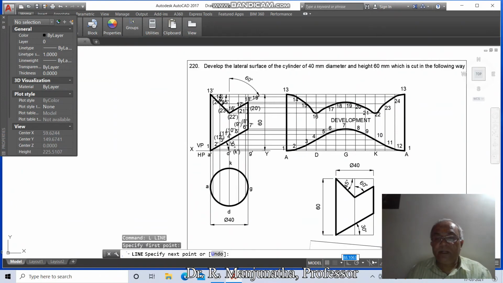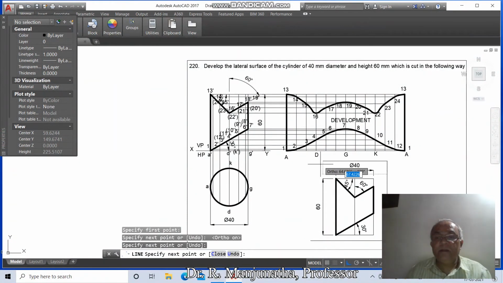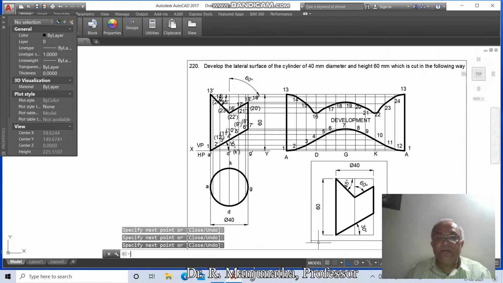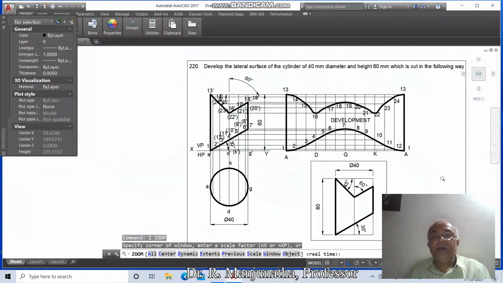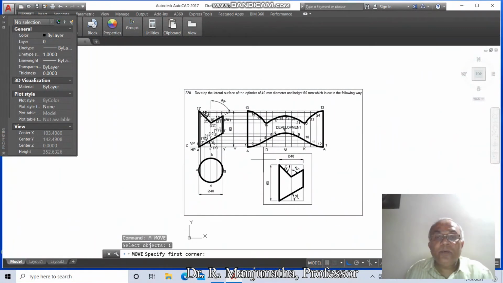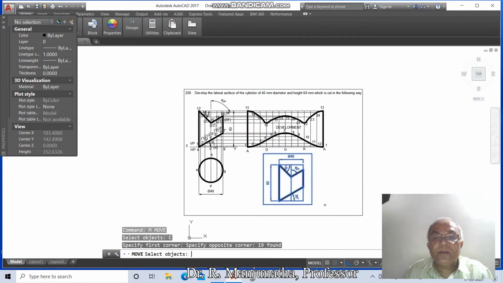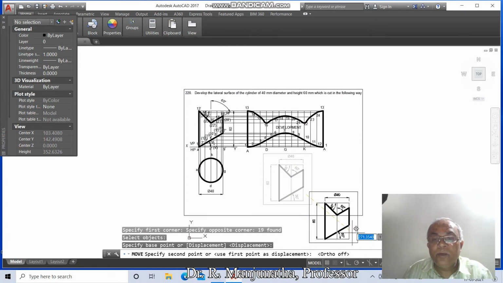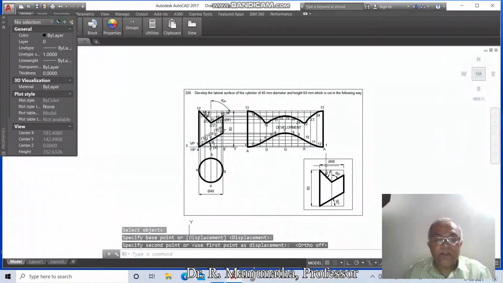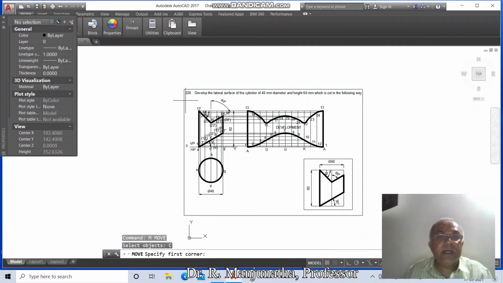then go to line, select this horizontal, put auto mode on, take this, and this is going to be the actual figure which I need to construct. Into this we need to do the development. Now this is how we will be able to draw the drawing. Now we need to move appropriately, then go to move, select this entire thing,